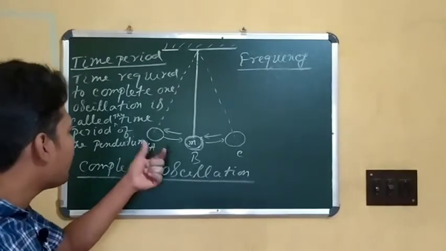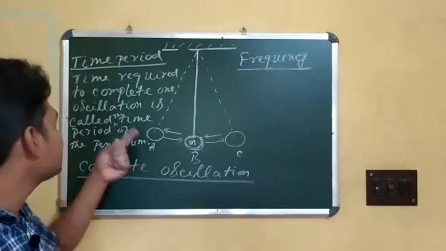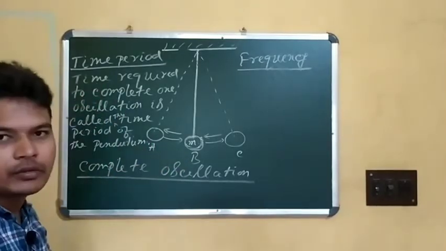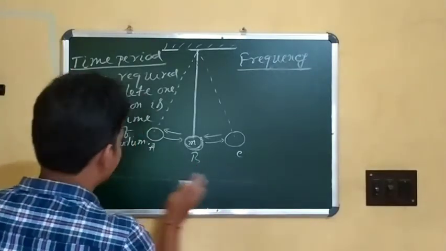That means the time it takes to complete one oscillation is called the time period of this pendulum. And the formula of the time period is